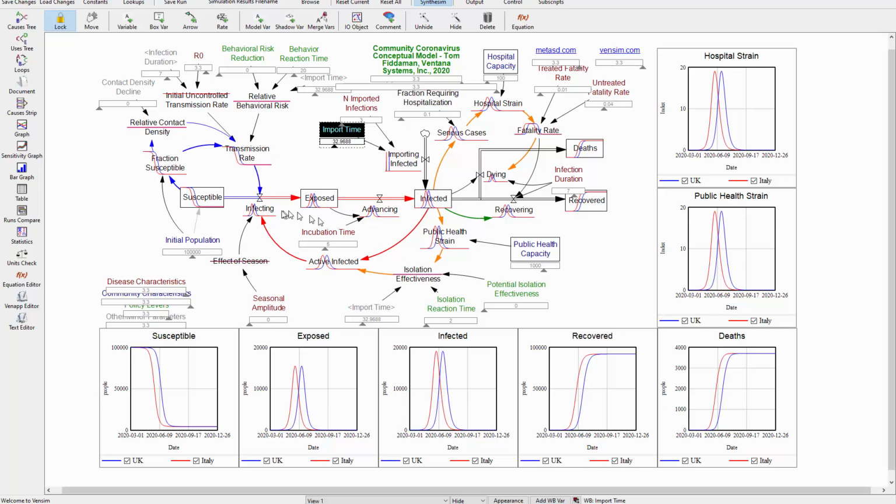So the key feature of an epidemic is this red feedback loop here, which says that if you have more infected people, more of them are out there infecting the population. You get more new infections. That produces more exposed asymptomatic people. After a lag, they advance, become infectious themselves, and the cycle continues. So it's really this vicious cycle of infection that we need to stop.